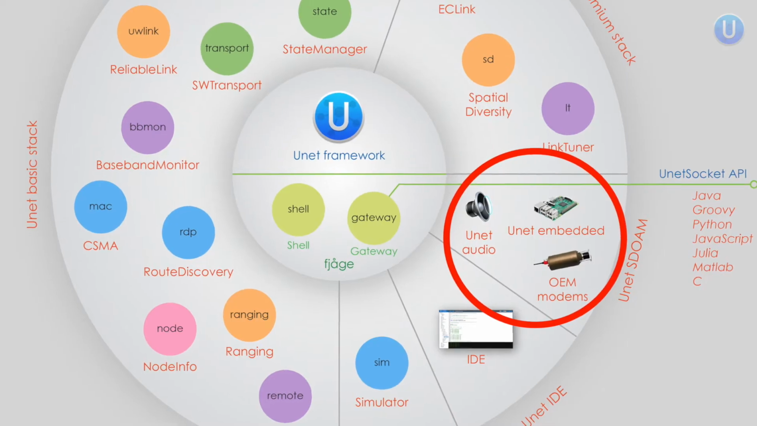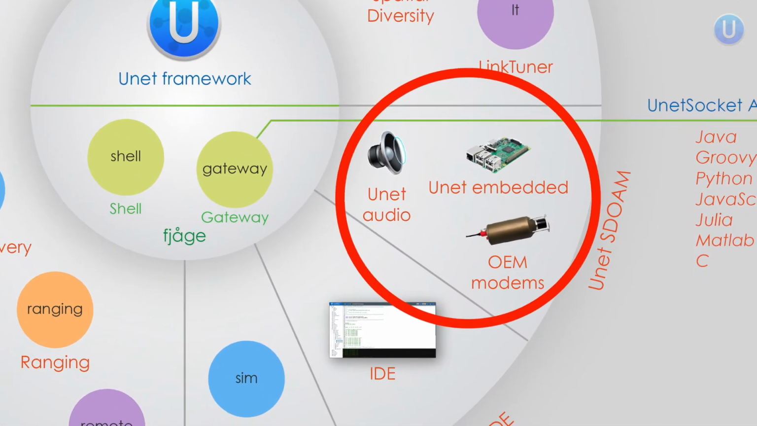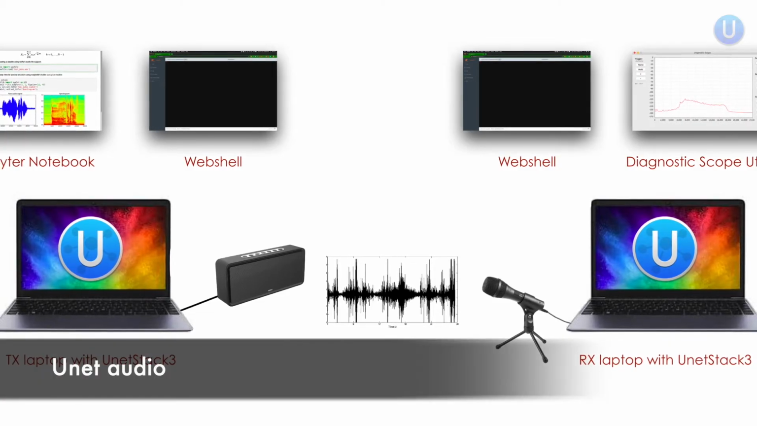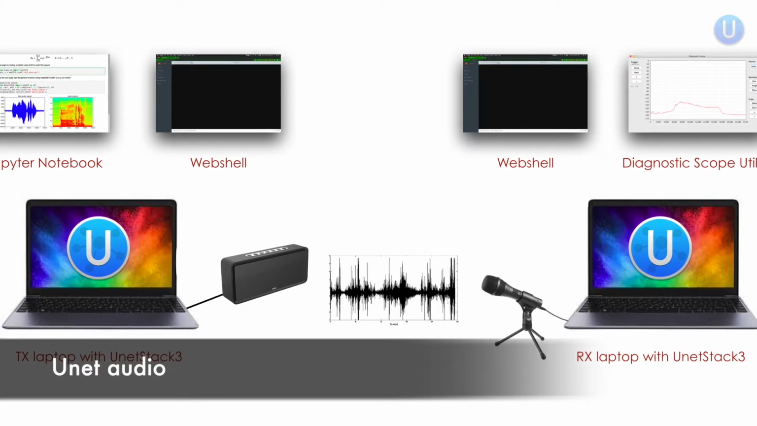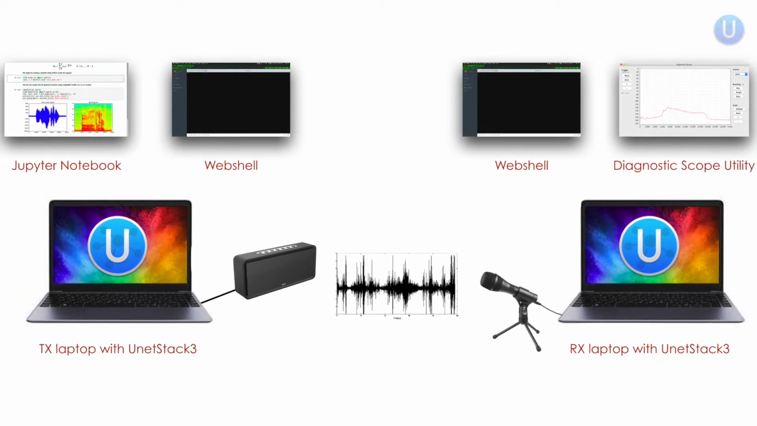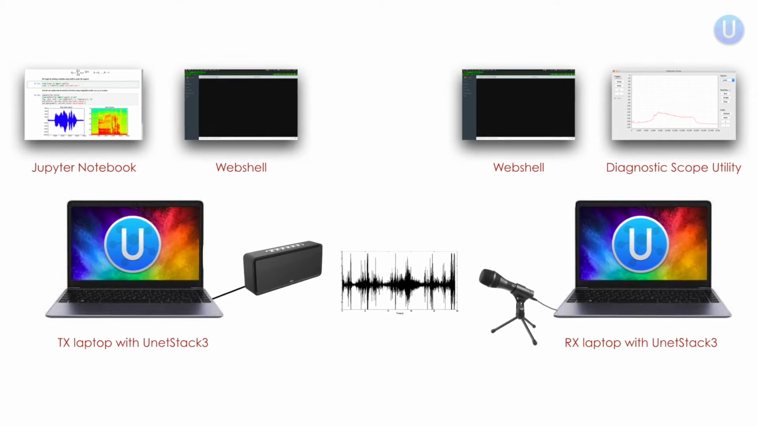Now that we have seen how to transmit and receive information or data between two simulated nodes or even real acoustic modems, let's take a look at what are some of the other things that we can do with UnetStack. If you have a UnetStack compatible acoustic modem that supports baseband service, you can use it to transmit and record arbitrary acoustic signals. Even without access to modems, you can try this out using the UnetAudio SDOAM, that stands for Software Defined Open Architecture Modem, which is a fully functional modem that uses your computer's sound card for transmission and